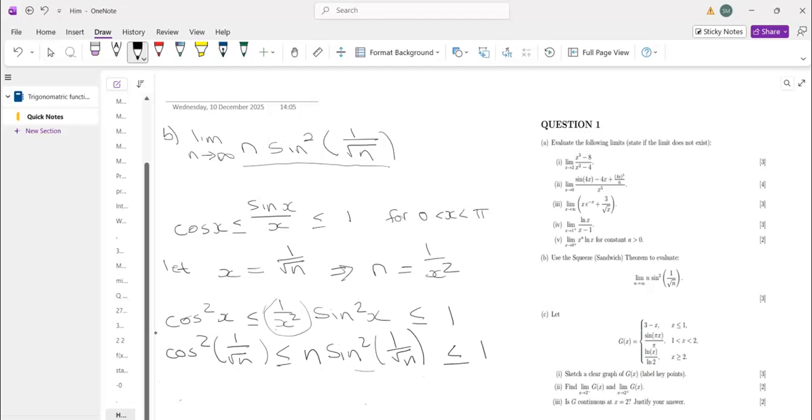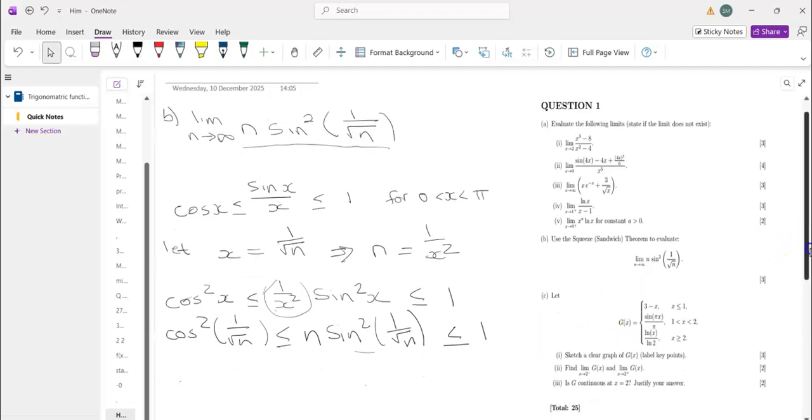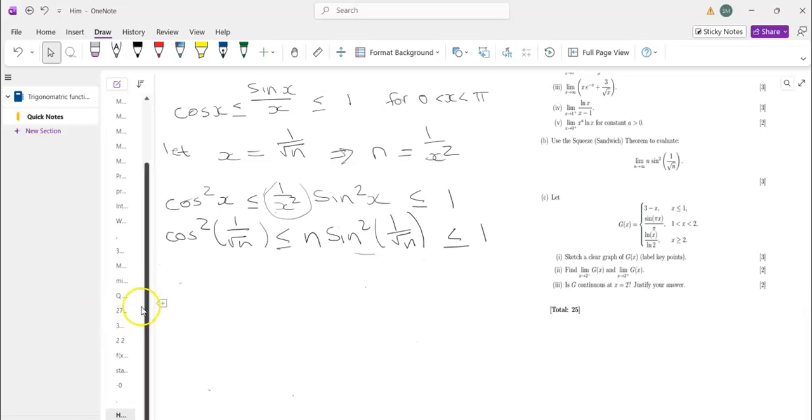So what are we going to do? We're going to find the limit of the lower bound and also the limit of the upper bound. And the Squeeze theorem says if the limit of the lower bound and the limit of the upper bound are equal, then it means the limit of the function in the middle is also equal to that. So let's say the limit as n approaches infinity, of